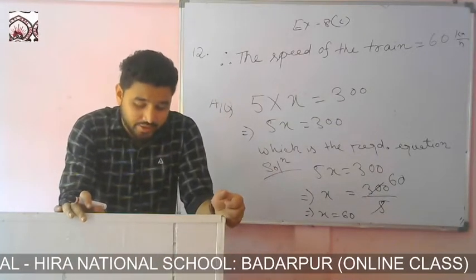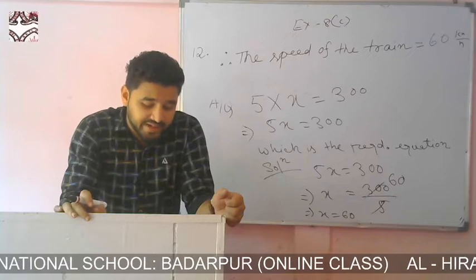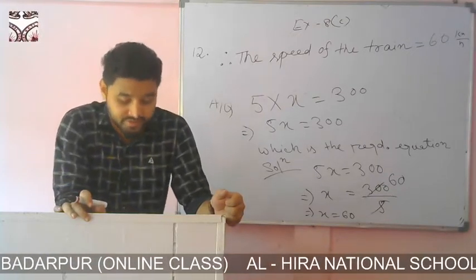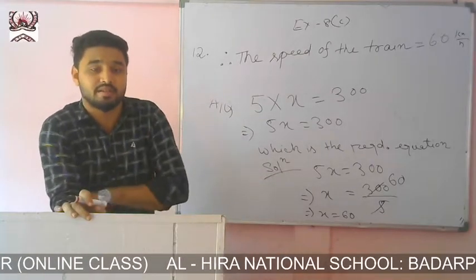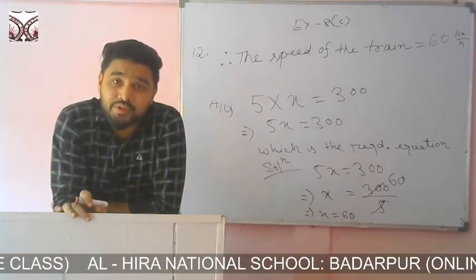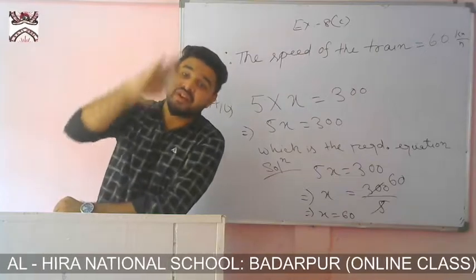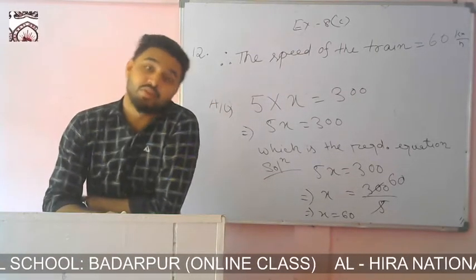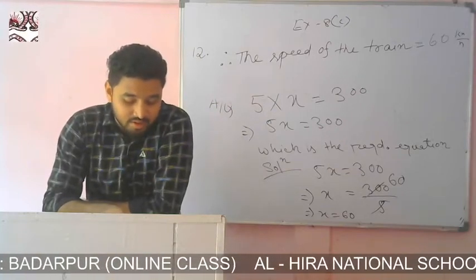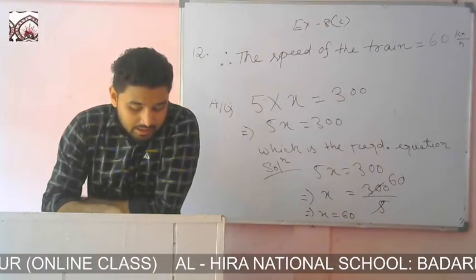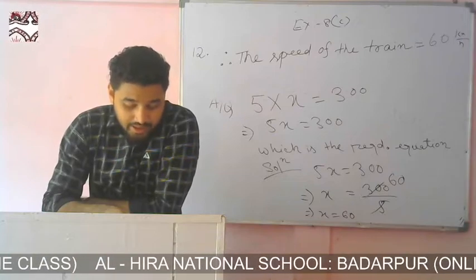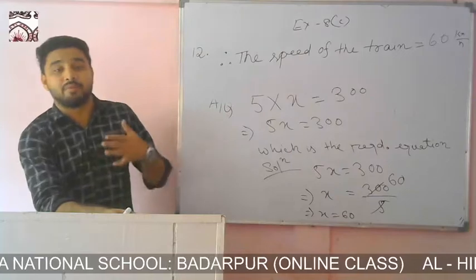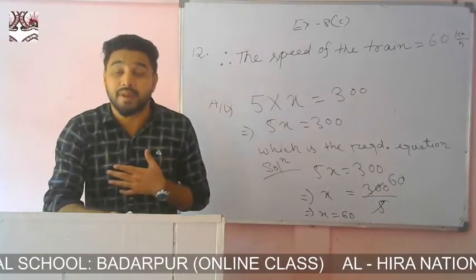You read question number 13. What? 25 years ago, my age was 49 years. Okay, that means my age was 49 years before 25 years. Okay, 25 years ago, that means before 25 years. My age was 49 years. Okay, how old I am now? That means I have to find my present age.